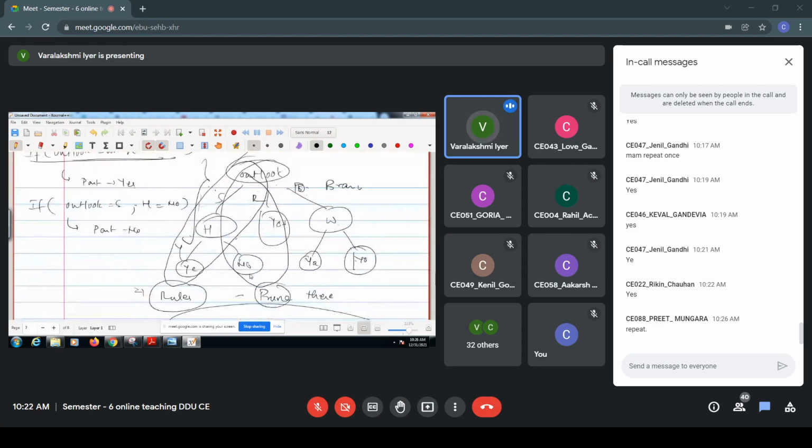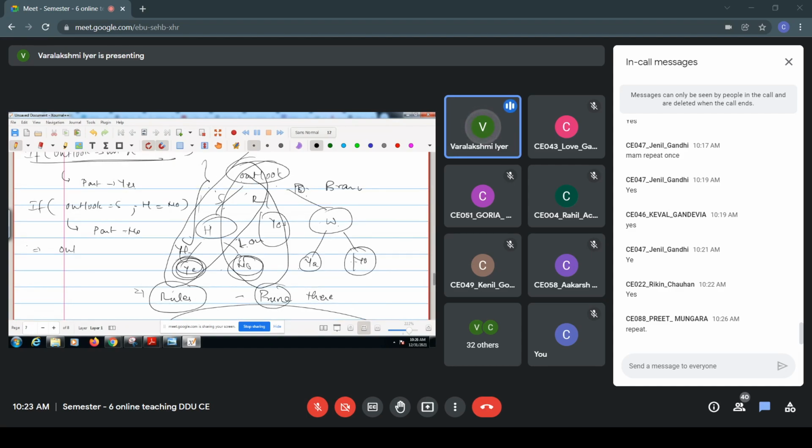Okay. See, what we are doing is, for each branch we'll create rules. For example, here how many rules will be created? 5 rules will be created. Outlook equals sunny and humidity is equal to high, and we have classification into yes. Outlook equal to sunny, humidity equal to low, and classify into no. So for each branch we will create a rule. For example, we have created outlook equals sunny and humidity is equal to high, and then it is classified into yes. So now we'll prune this particular rule.